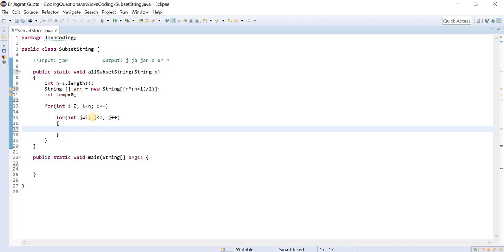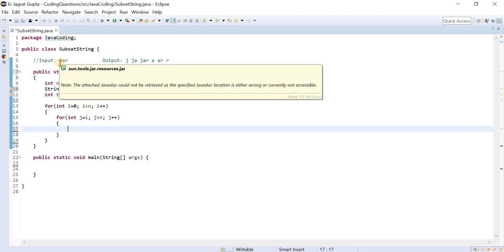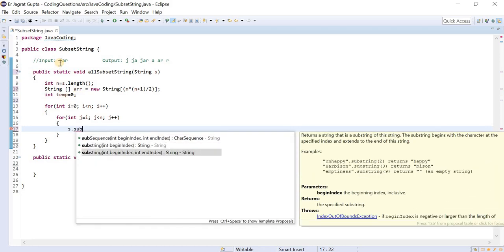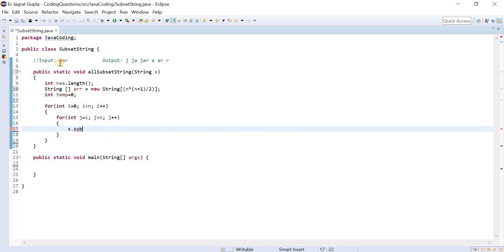Now we need to extract the substring. There is already a substring function, and here we can apply this function. The starting index would be i and the ending index would be j plus 1. Meanwhile I will debug this also, so that you can understand how this works.